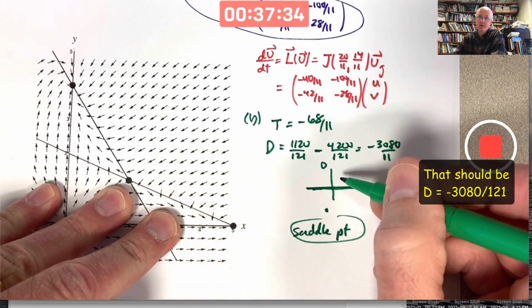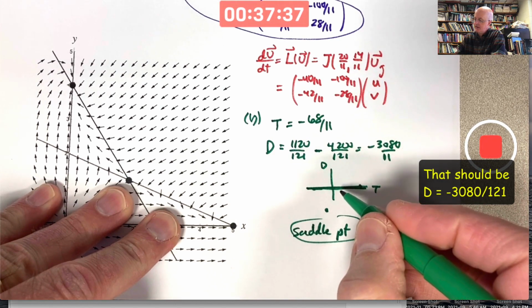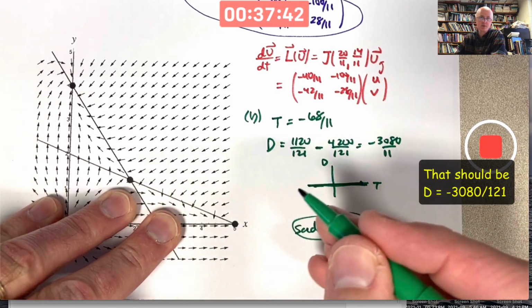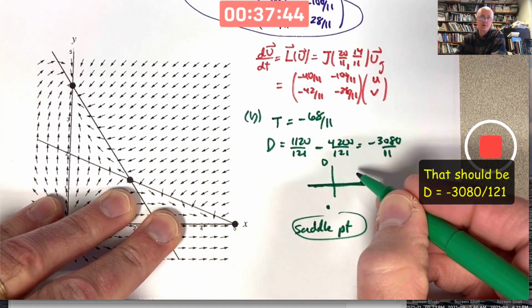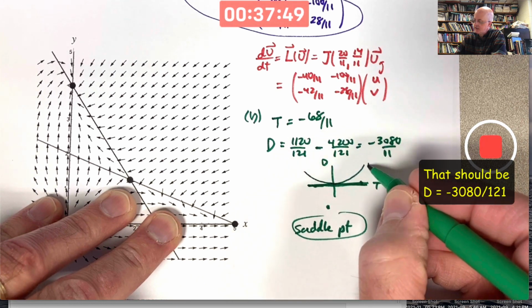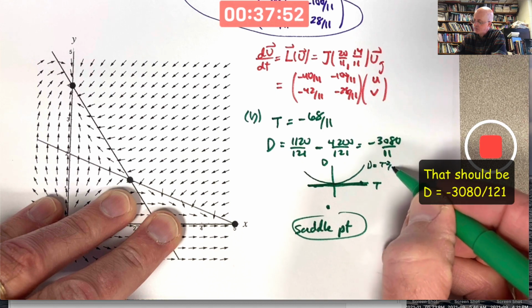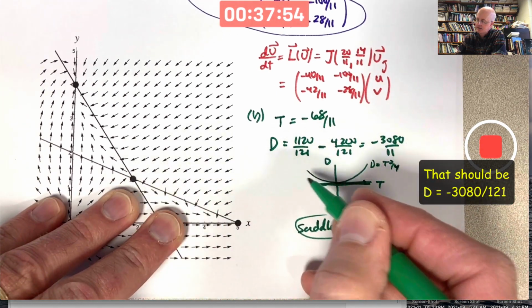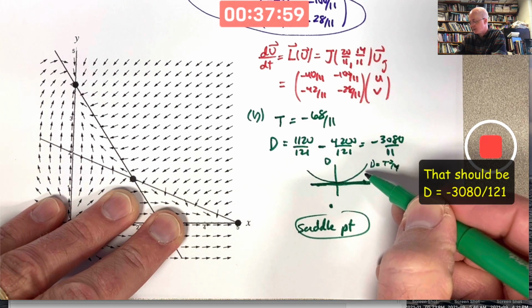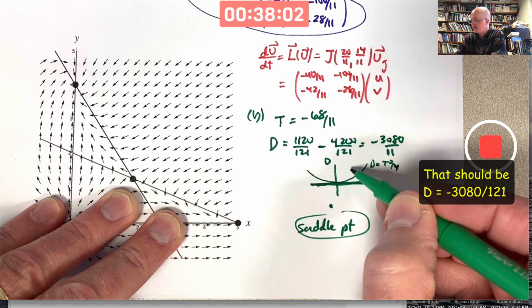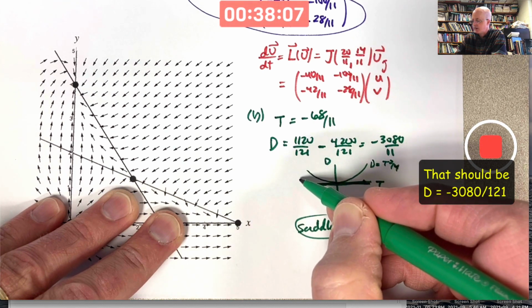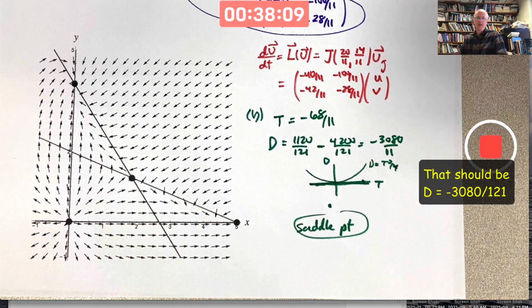If d were positive, it gets more complicated. If you're over here, where t is negative, the point would be some sort of sink. If you're over here, where t is positive, it would be some sort of source. And there's something called the repeated root parabola, with equation d equals t squared over 4, that determines whether it's a spiral sink or a real, non-spiral sink, or a spiral source versus a real source. It's spiraling when the point with coordinates t and d is up here or here, non-spiraling over here and over here. Anyway,